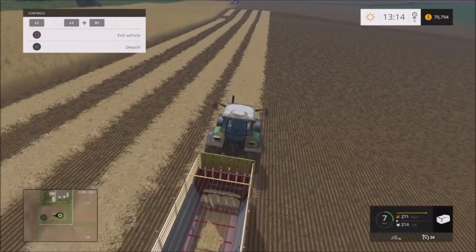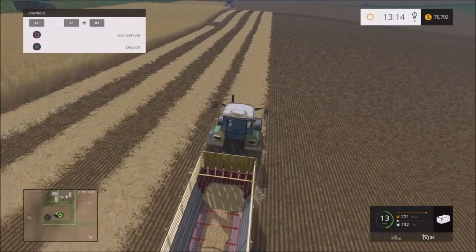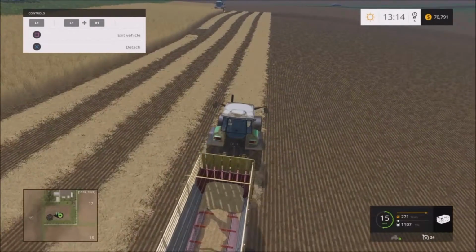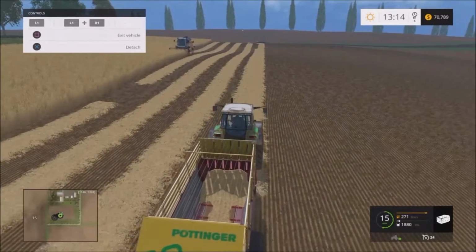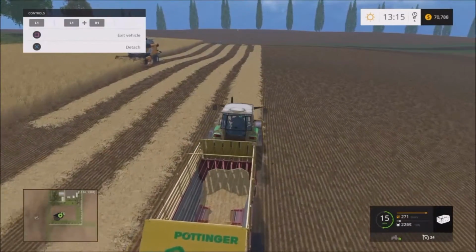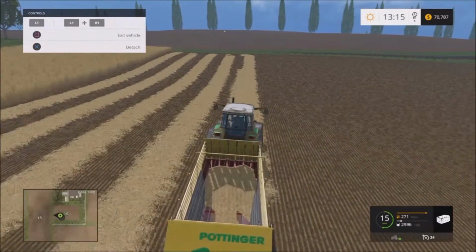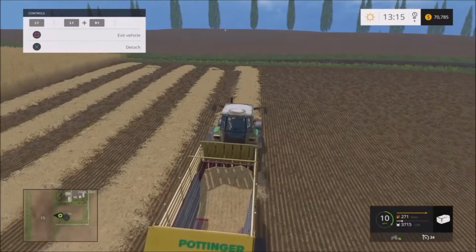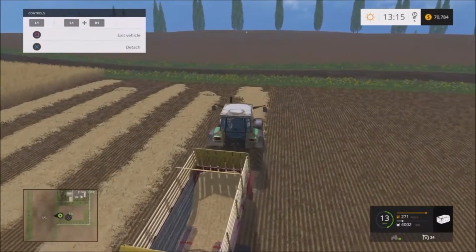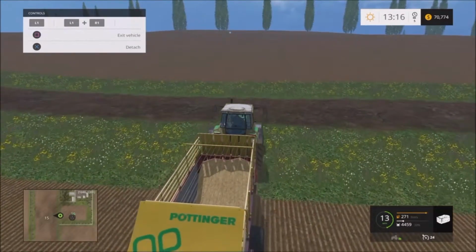So we just carry on there up and down the field until our loading wagon or forager is full. As you can see, it is quite a laborious job, up and down, and that's why I've done most of it. I thought it wouldn't be worth videoing this